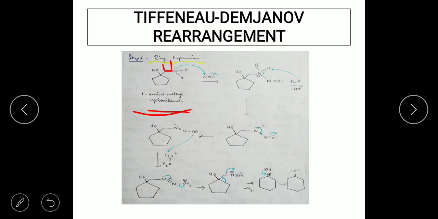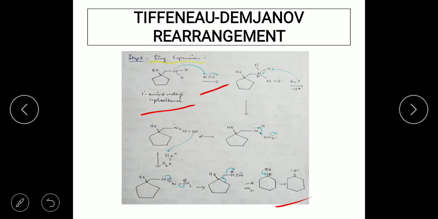So nitrogen gets the first position and hence the nomenclature is given as 1-amino. Methyl is there because there is a methyl group in between, which is attached to the amino group. So hence 1-aminomethyl cycloalkanol. Now this is a nucleophile. That is the electrophile, nothing but the nitrosonium ion, is going to react with the substrate, that is 1-aminomethyl cycloalkanol, to give rise to the ketone.